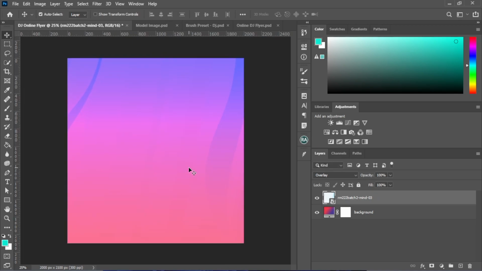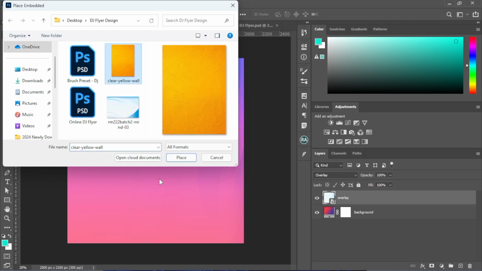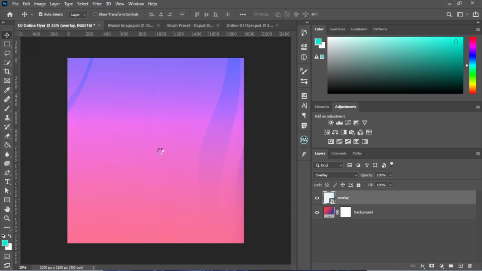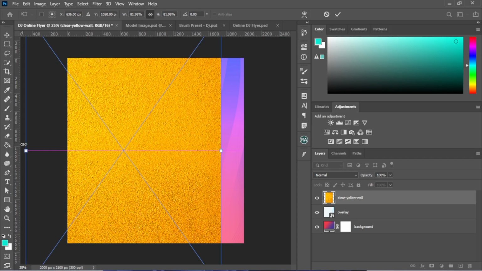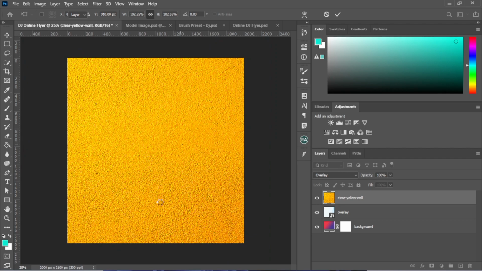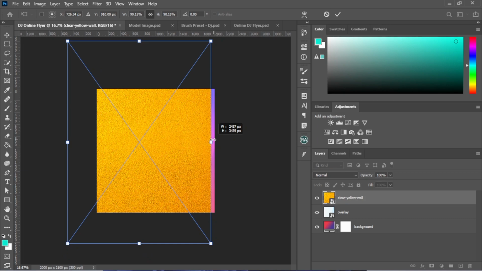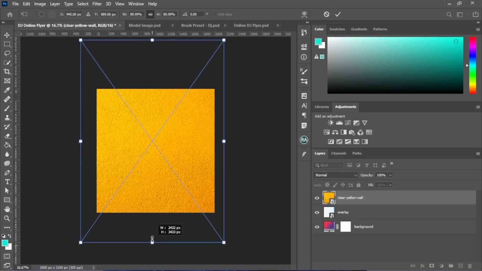I think it's okay like that. So the next thing I would like to do is I would now like to head over to my folder again and place an image. Okay, I have to place this very particular image on top of the whole of the stuffs here, and I will make sure I resize it. Okay, particular size, something like that. I think it's okay. Let me scale it down a bit so that it will maintain a smaller unit